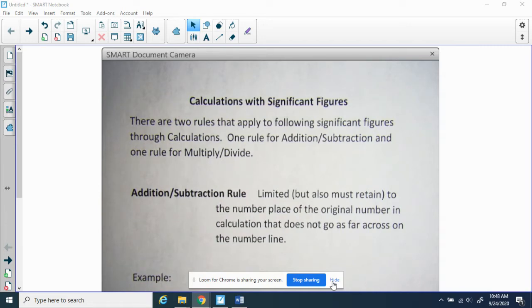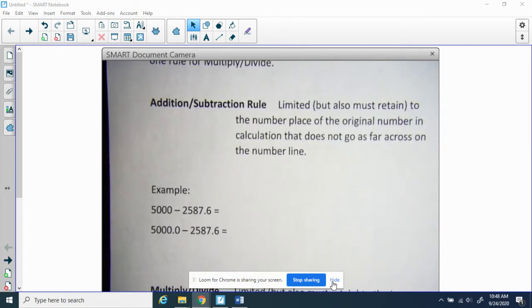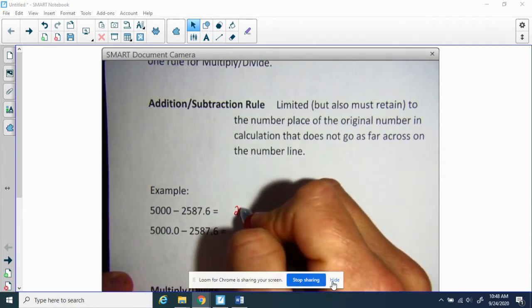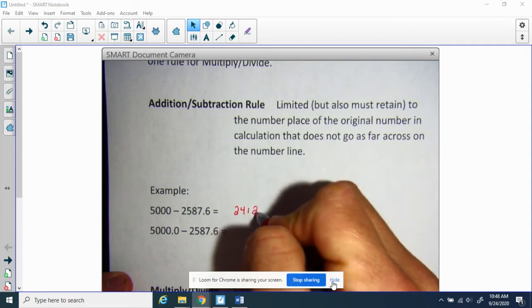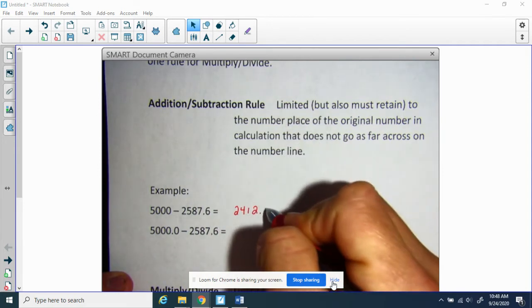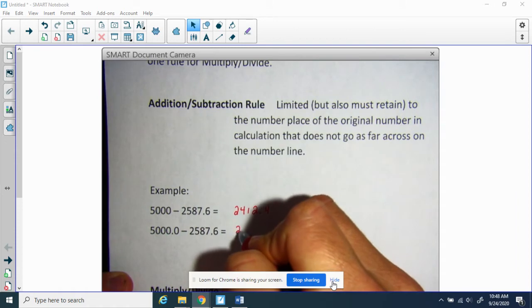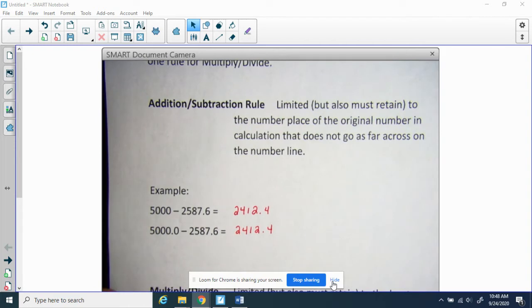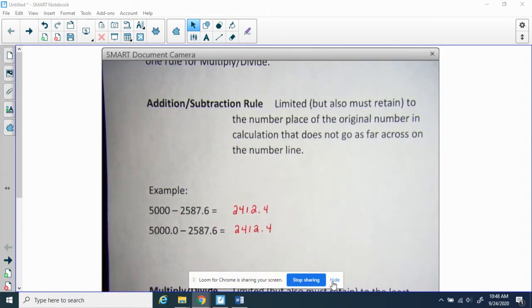So let's see what that looks like with an example. You'll notice for my example, both of them are 5,000 minus 2,587.6. If you put this in a calculator, it's going to produce the same exact answer, 2,412.4. So I'm going to go ahead and write the same answer for both of these. Now, where it's going to have a difference, though, is once we now apply this rule, the addition subtraction rule,